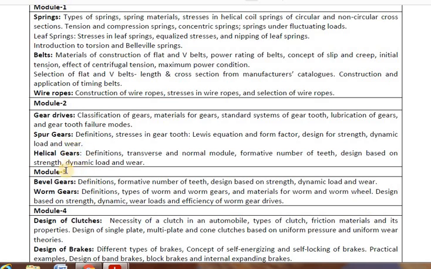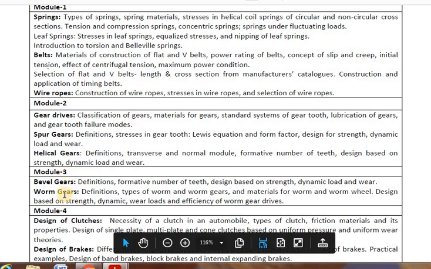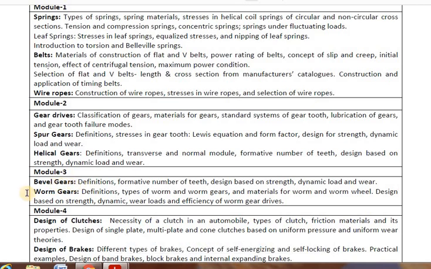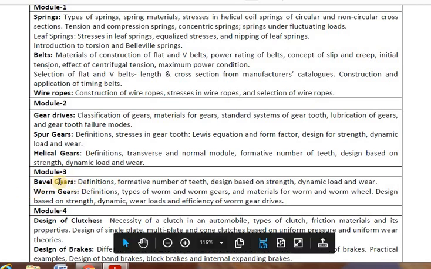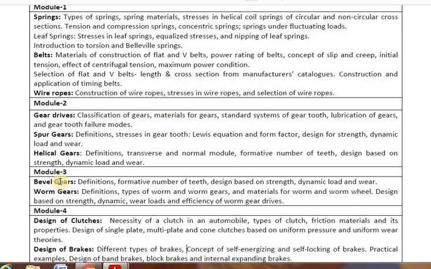When I go to module 3, you have the bevel gear as well as the worm gears. Bevel gears are used for connecting inclined axis positions or right-angle axis positions of the shafts. So if shaft axes are inclined, or at right angles, or more than right angles, an obtuse angle, then they can be connected using bevel gears. Worm gears, for example, connect shafts which are neither parallel nor intersecting.